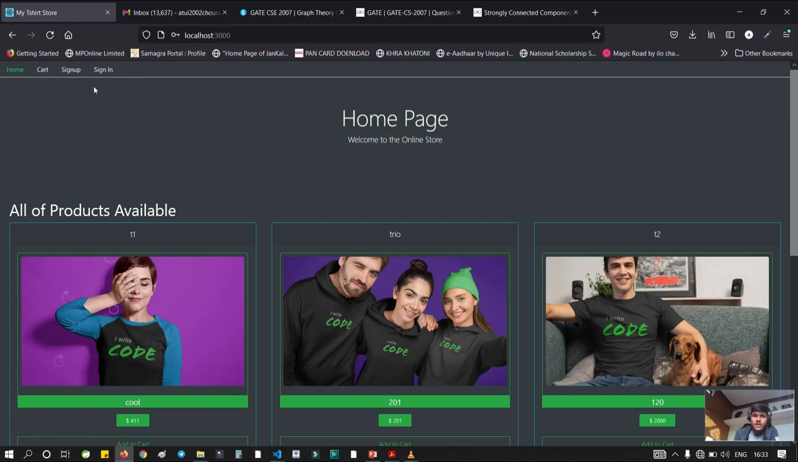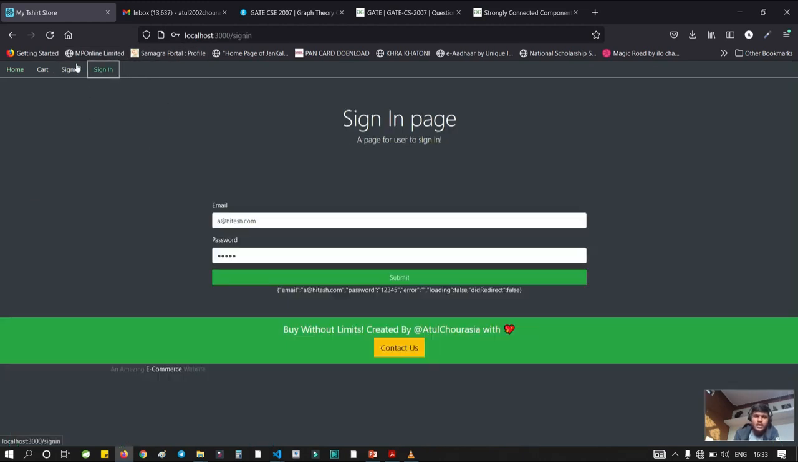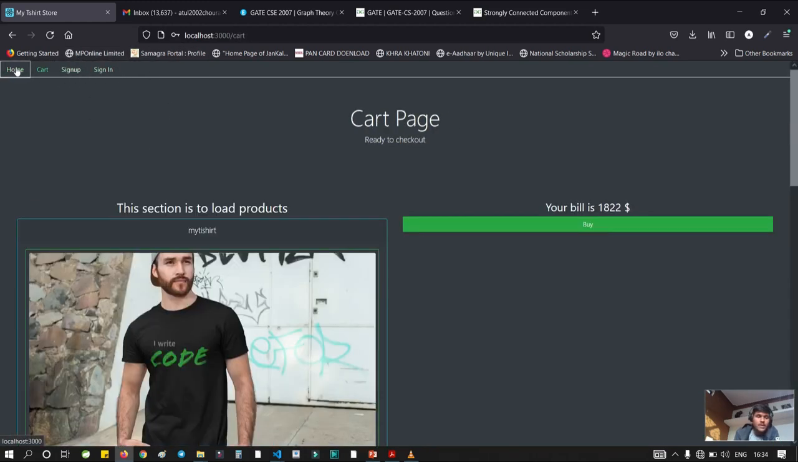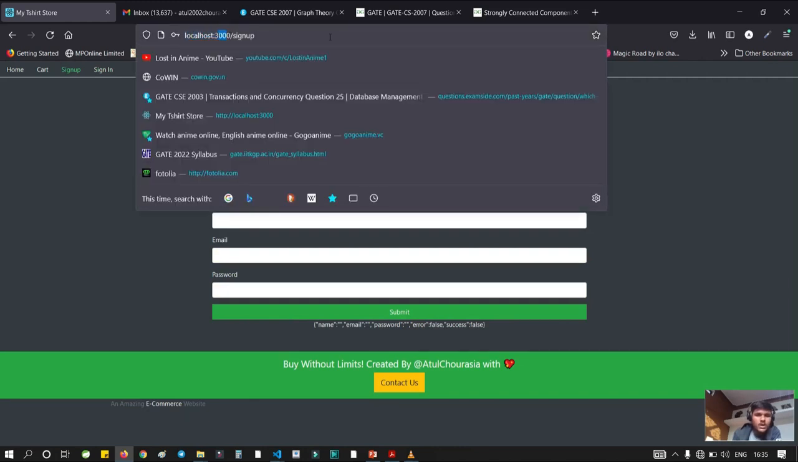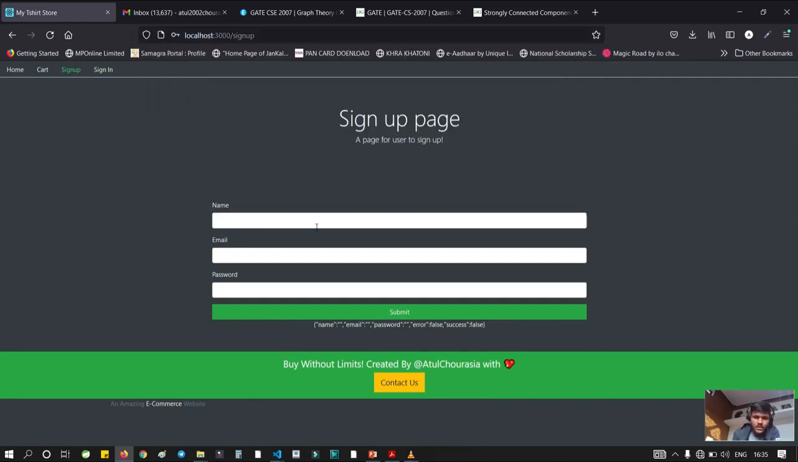And see, when I clicked on sign out, I lost access to the admin dashboard part. So let us just sign up first. Sign up. This is running on localhost port 3000, and from here you can create your own account using an email ID. So for example,